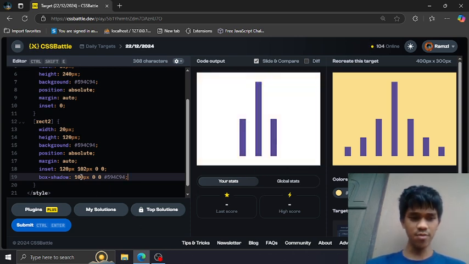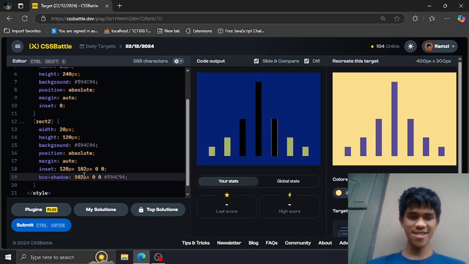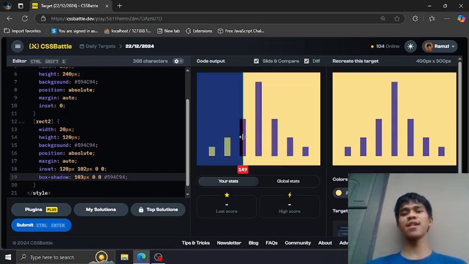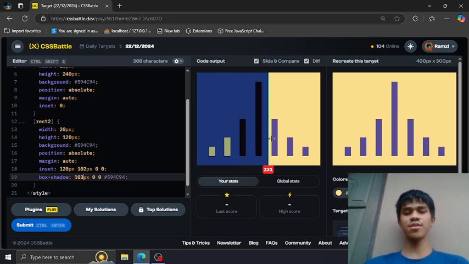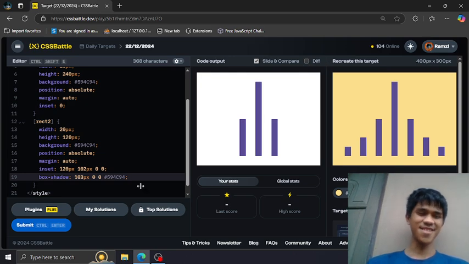We need to push this 120 to the left. No. 102. Just like the left side. Wait, this is the same problem. Okay. 3. Weird. The left side is 102 and the right side is 103. Yeah, they're not the same.